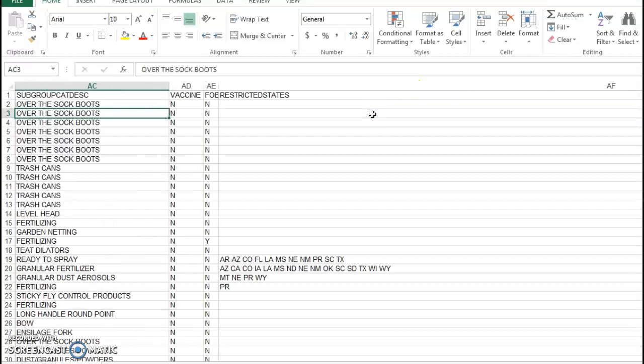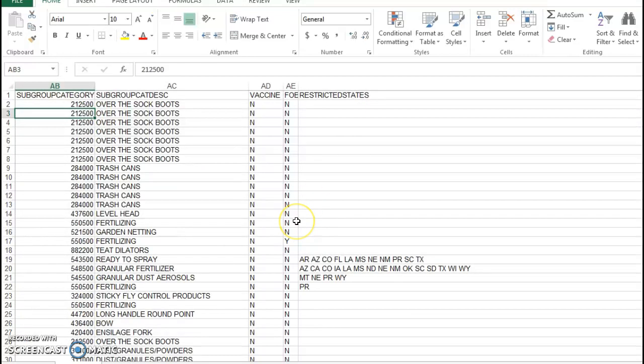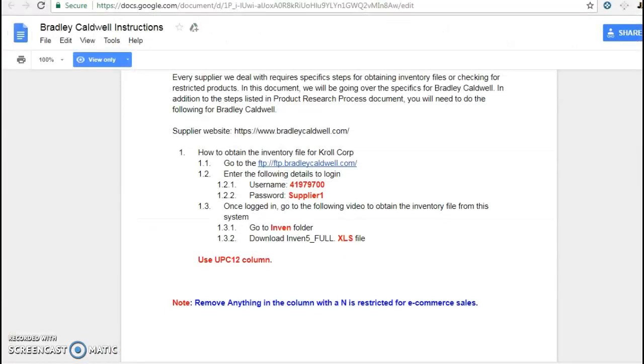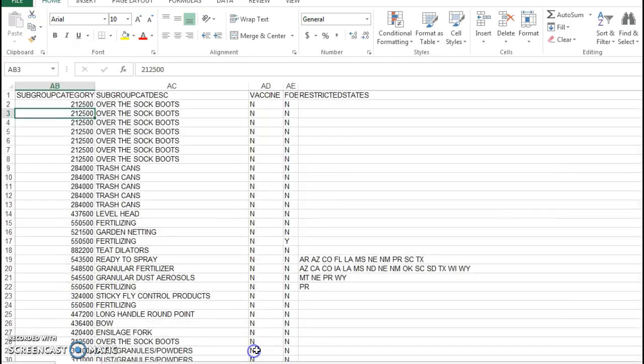We see that on the file, as per your instruction, you said as a note: remove anything in the column with an N, which is restricted for e-commerce sales. So when you look at the file and see the N is this, and